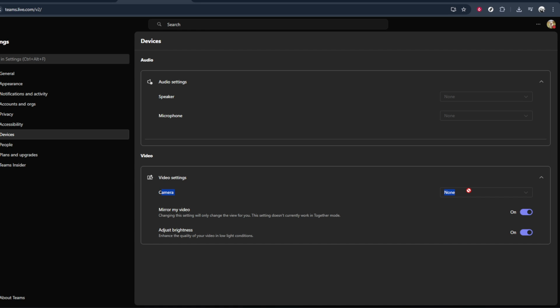Once you are on the Devices page, take a moment to look over the available camera settings so you understand how your video will behave. If there is an option that controls whether your video is automatically switched on when joining a meeting or call, make sure it is set so that your camera does not turn on by default. This way, every time you join a meeting, your camera will stay off unless you manually enable it. When you're happy with the settings, you can simply close the settings window. Your changes are saved automatically, so the next time you join a Teams meeting, your